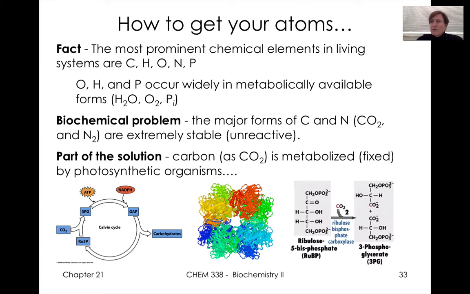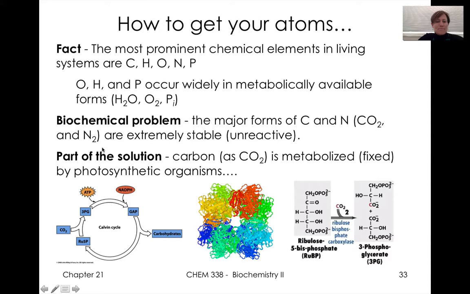The last thing that we'll do is use it as an opportunity to review, to remind ourselves of the prominent elements that we've talked about in our metabolic species here. Carbon, hydrogen, oxygen, obviously very important. We focused on those with our lipid and carbohydrate metabolisms. Then we've talked about nitrogen that came into play with protein metabolism. We'll talk about phosphorus a little bit more as we talk about nucleic acid chemistry in our next chapter.